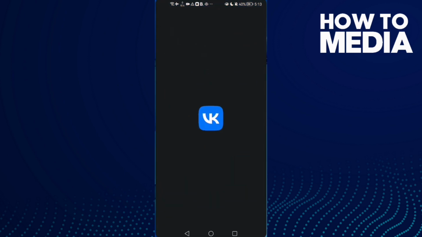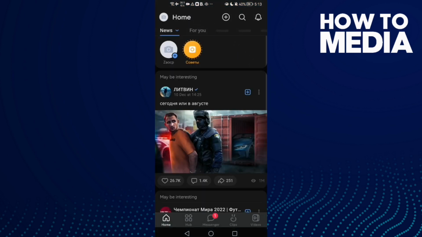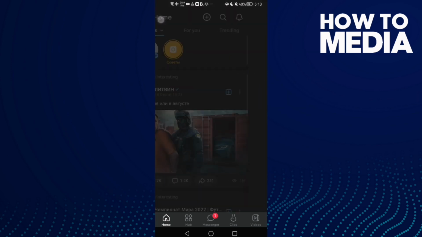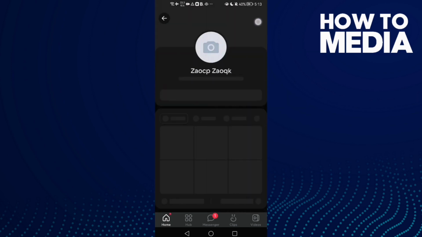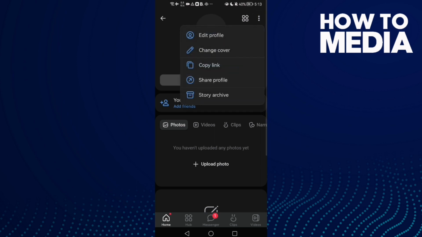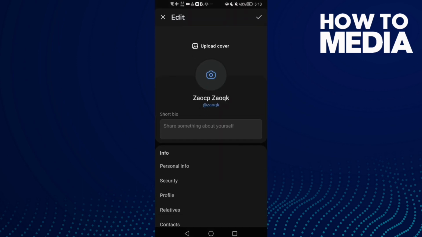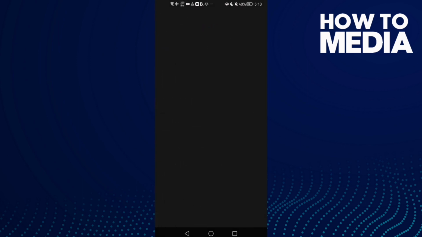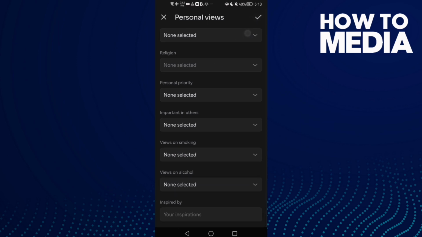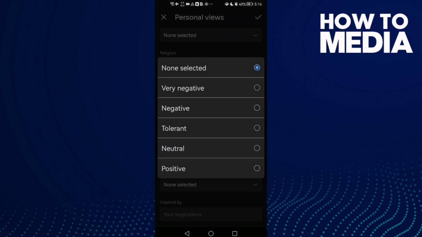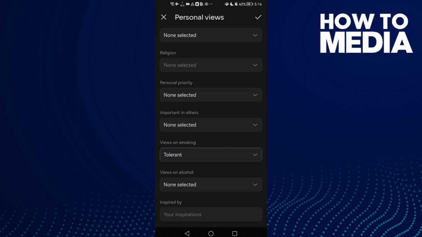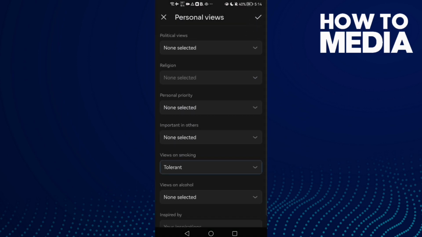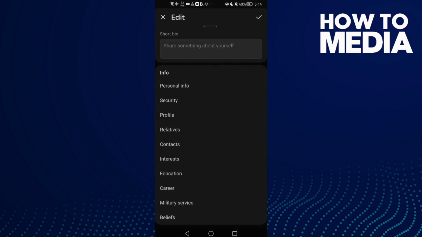First open VK and then click on your profile in top corner and click these 3 points, then click edit profile. Now scroll down and here you will find the beliefs, and then scroll down and click views on smoking. Now select anything you want here and then click this save icon in top corner, and